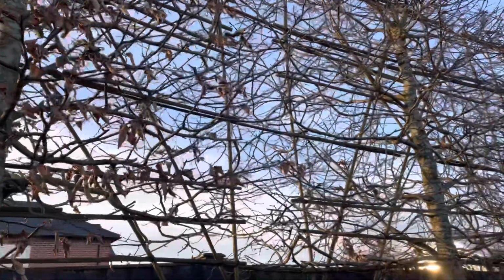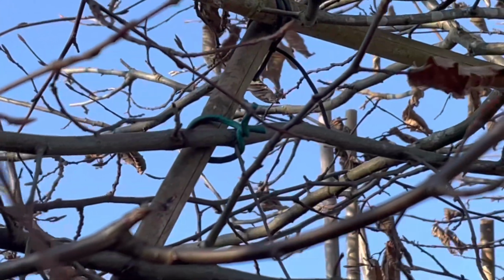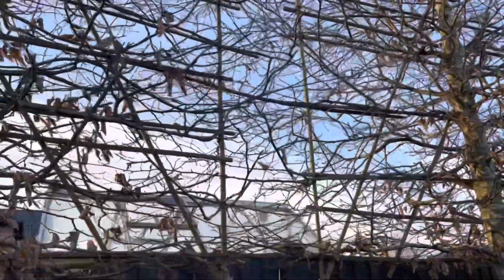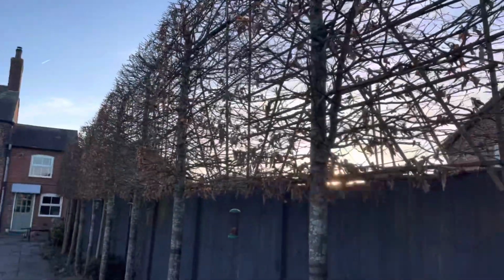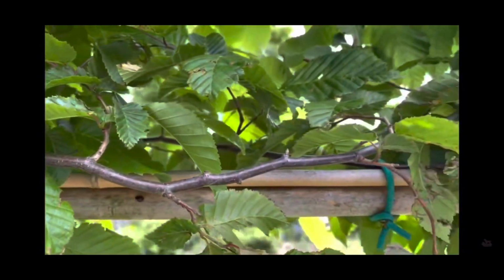The first hornbeam row, which has now been here for 8 years, is barely tied in now, just a few in places, and the branches are knitting together very well, and the entire structure is hopefully strong and rigid and as one. Therefore, we feel it's now safe to remove the individual tree supports. The bamboos are just left, and I guess eventually will just rot and break, but they will no longer be required. The second row, which has now been in for 4 years, we're still in the process of tying in